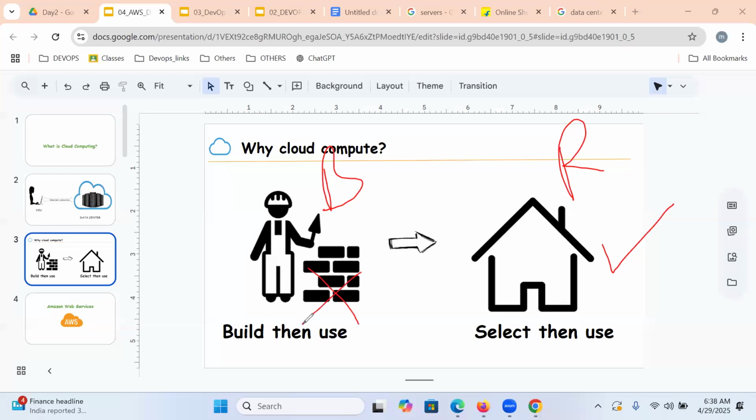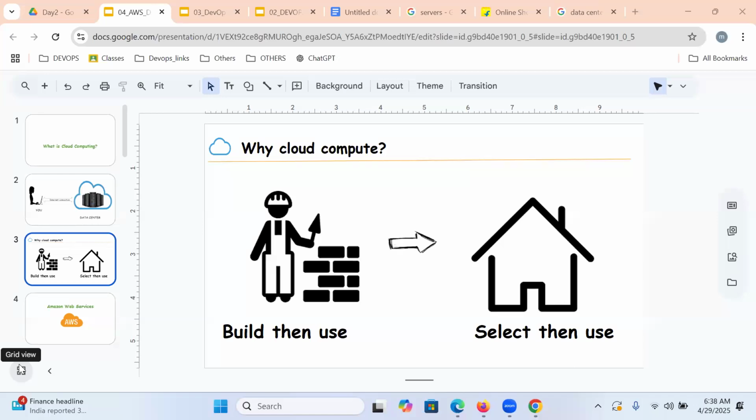We are not buying anything. We are not maintaining any infrastructure. By using cloud, we can get rental-based infrastructure, and we can select what kind of infrastructure, either network or storage, whatever it may be. Based on usage, we are going to pay rent. Any cloud is a rental-based infrastructure. Pay as you go model.